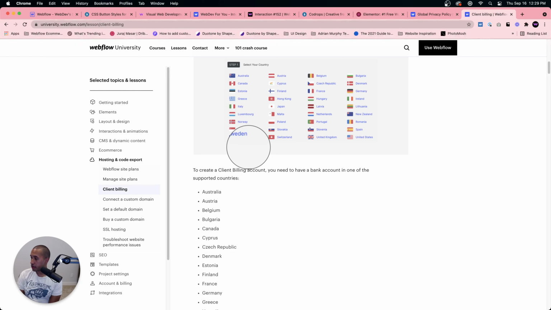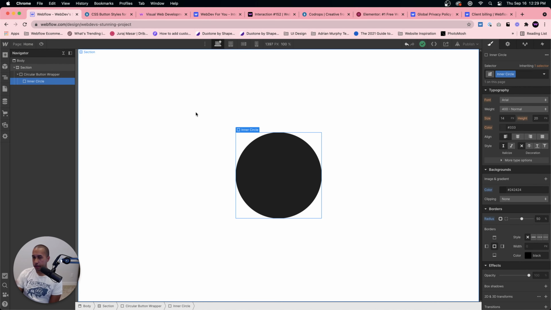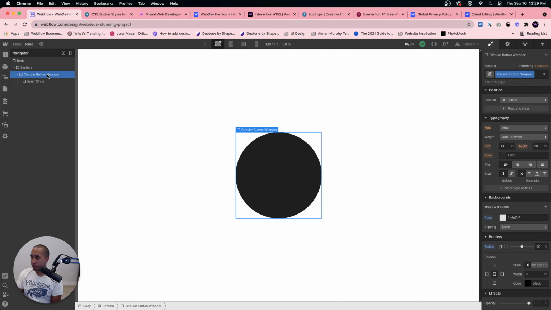WebDev for You FinSuite plugin has that feature. What feature are you referring to, Amkar? All right, cool. So while Amkar's writing that, I'm going to go ahead and build this animation. Okay, so we added a circular button wrapper. Yeah, so much good stuff. So Glauber, yeah,